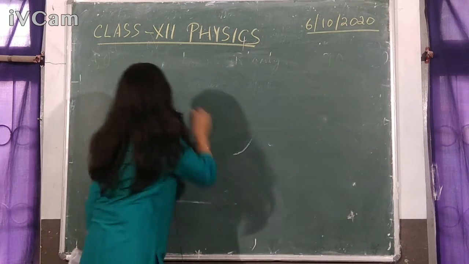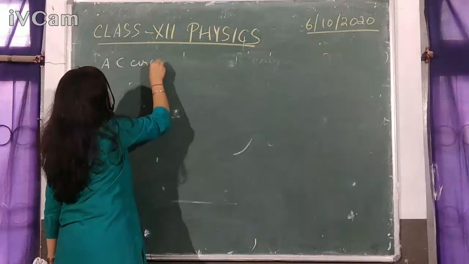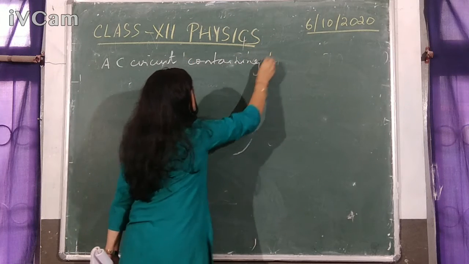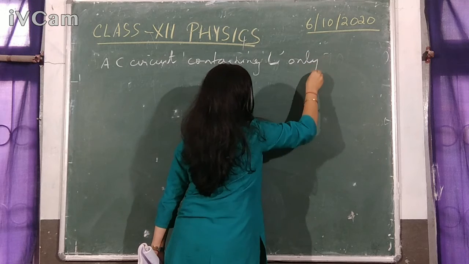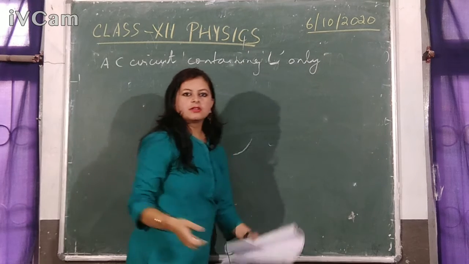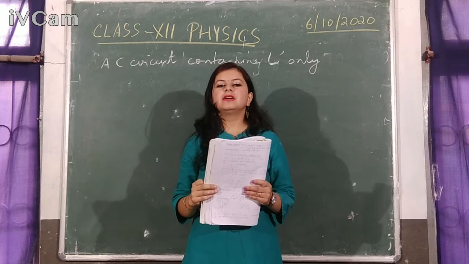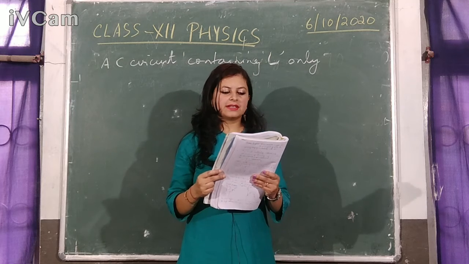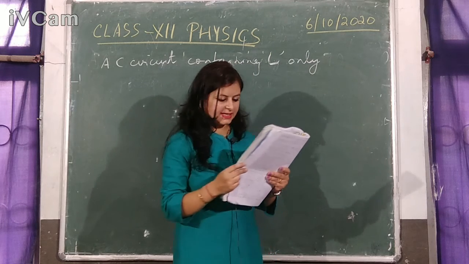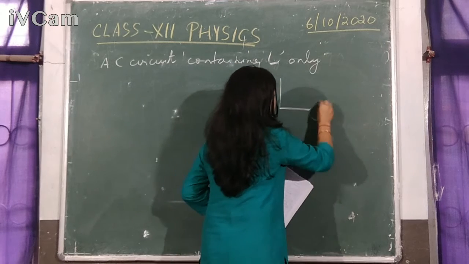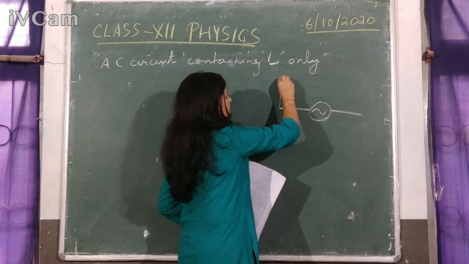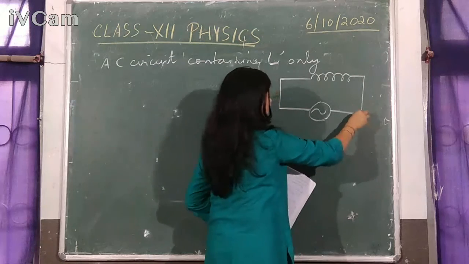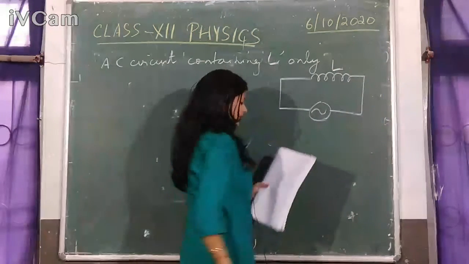Here we will be doing the AC circuit containing L only. So we will take a pure inductor. Pure inductor means the inductor is also made up of a wire. It is wound, isn't it? But we are neglecting any resistance in between the windings of the inductance. That means there is no value of resistance present in the inductor. So we have a source of alternating EMF represented by this one, and the inductor is represented by this one. The coil, the inductor is a coil, and the value of inductance is L.